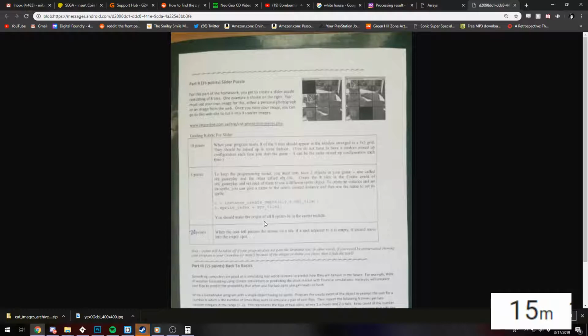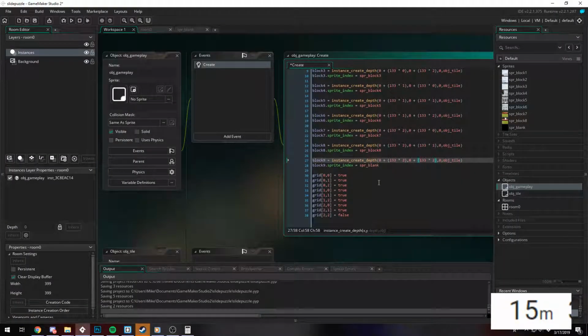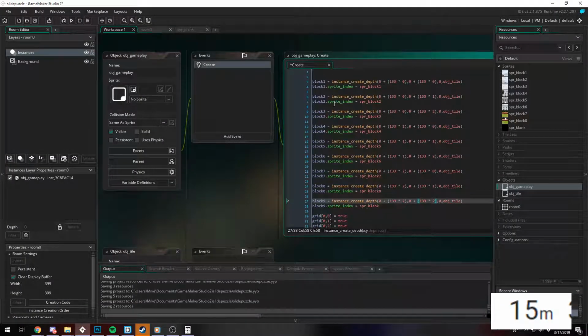Origin of all, center, middle. Oh, she wants that bullshit too. You should make the origin of all 8 sprites be in the center middle. Why? I'm not doing that. You can do that. I'm not doing that. That's just offsetting the sprites, when the space adjacent should move in its spot. It doesn't say you have to win. It's just a puzzle. Alright, so now what we're going to do is we are going to set